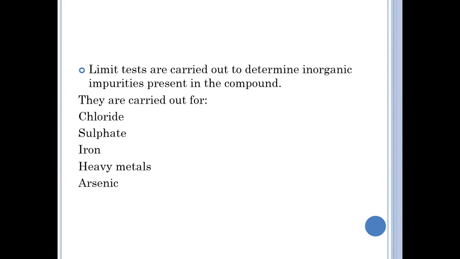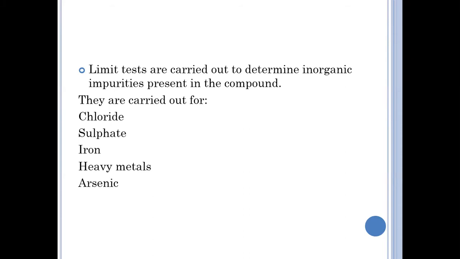So we have to compare the turbidity developed in the sample as well as standard. In sulfate also turbidity is developed. In iron, which we are going to study, color is developed, pale pink to purple color, and the reagent employed is thioglycolic acid. In heavy metals, the reagent employed is hydrogen sulfide, and at the end, heavy metal sulfides are generated which are brown to black in color. Limit test for arsenic is based on the reaction of arsenic gas with hydrogen ion to form yellow stain on mercury chloride paper in presence of the reducing agents like potassium iodide.